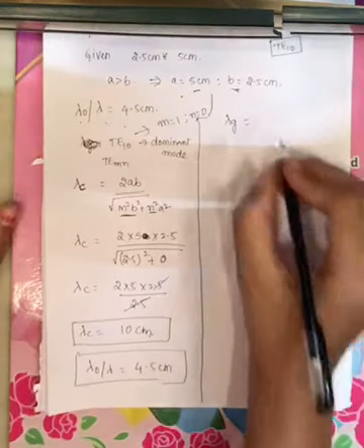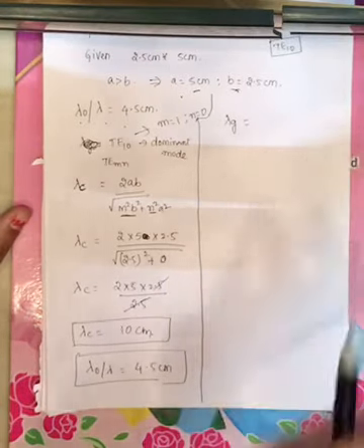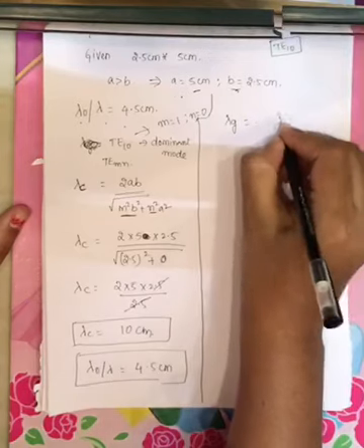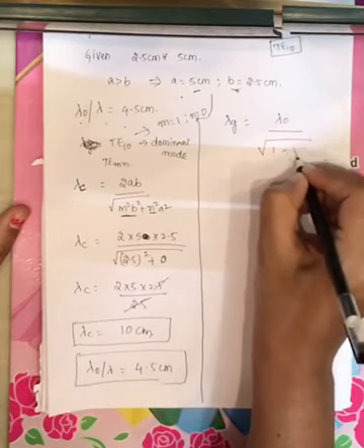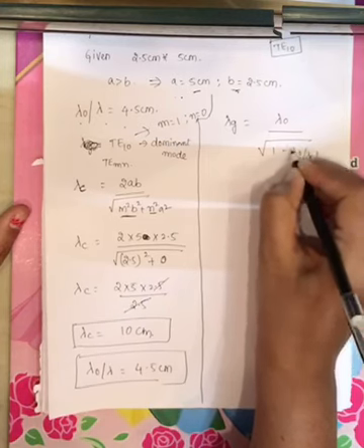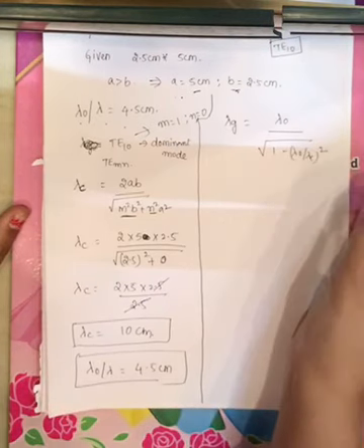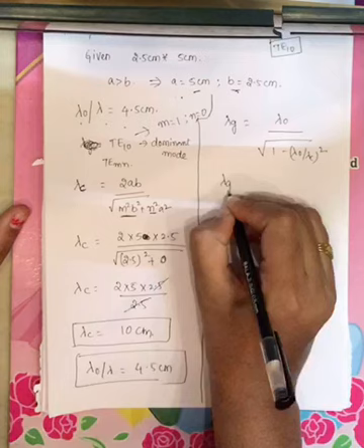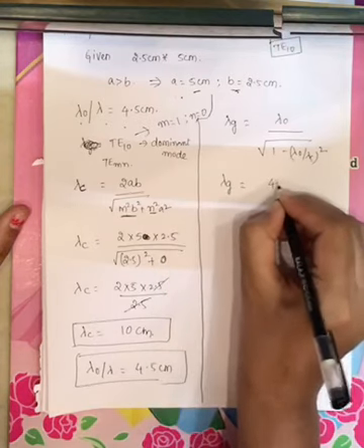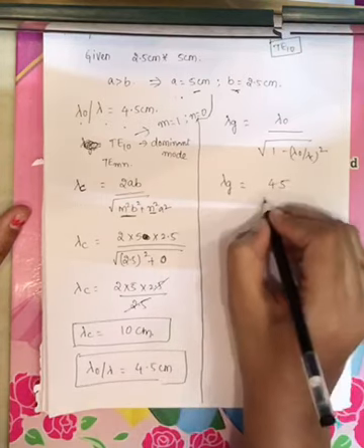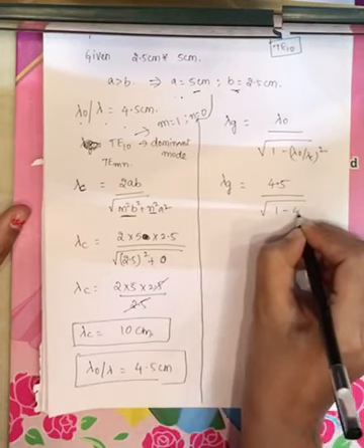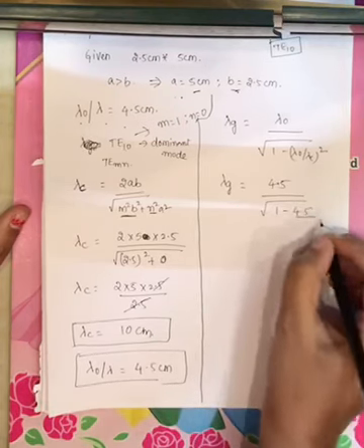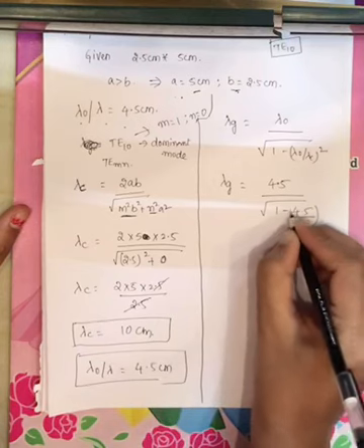You can calculate lambda g, which you want to find out under this problem. Now what is the formula? Lambda g equals lambda naught by under root of 1 minus (lambda naught by lambda c) square. Now this is the formula, right? Now substitute values. Lambda g equals, what is the free space wavelength given in the problem, that is 4.5 centimeter, under root of 1 minus (4.5 by 10), since lambda naught is 4.5 and lambda c is 10, right?